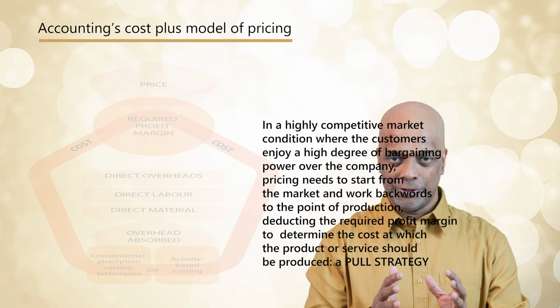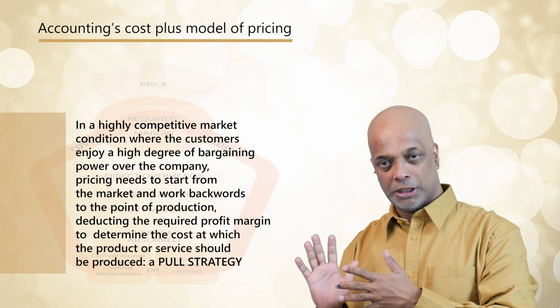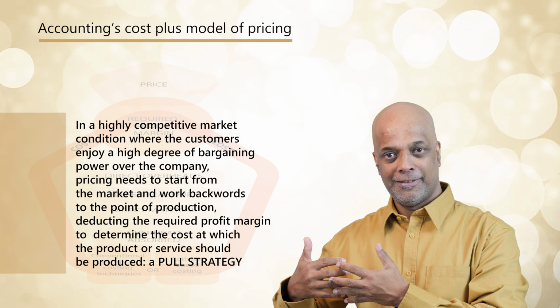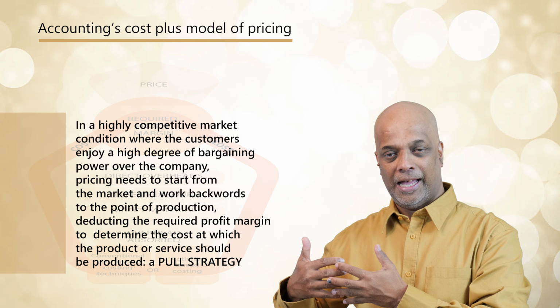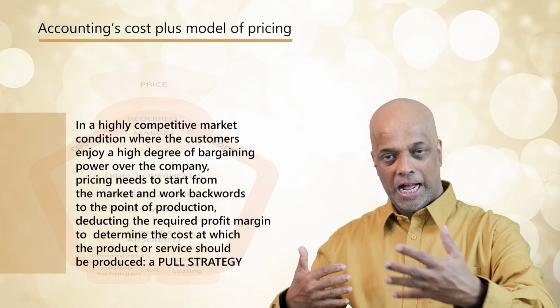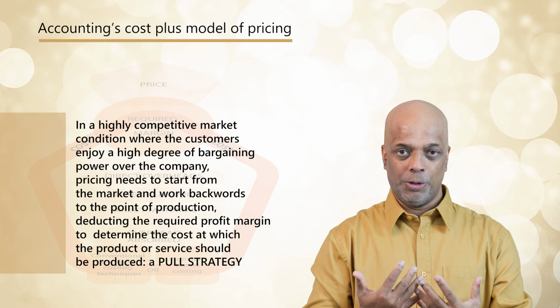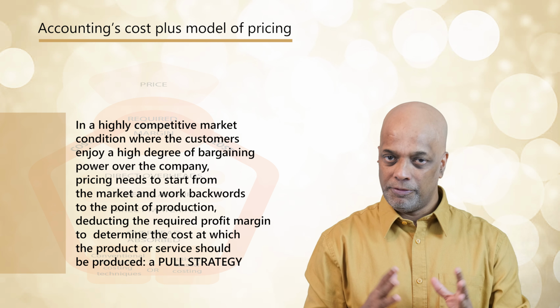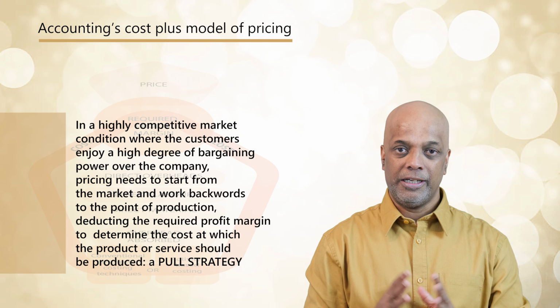You have to start from the market and come back to the factory. You have to reverse this push strategy and convert it into a pull strategy. And you have to adopt what we may call a target costing system, which we will be discussing later in this